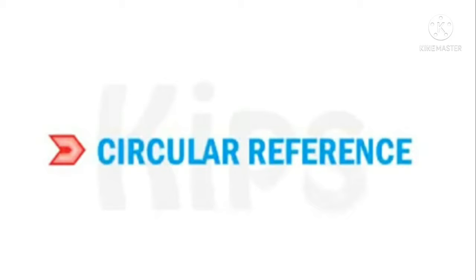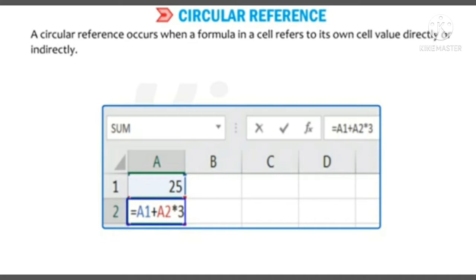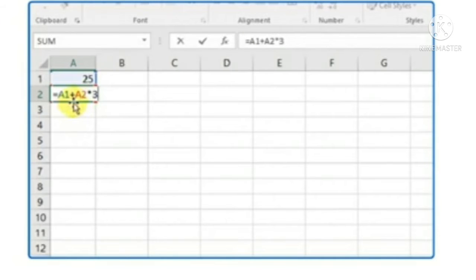Yes, when we enter a formula and that formula refers to its own cell value directly or indirectly, the circular reference occurs. Here you can see a formula A1 plus A2 into 3. So here we entered that formula in which cell?